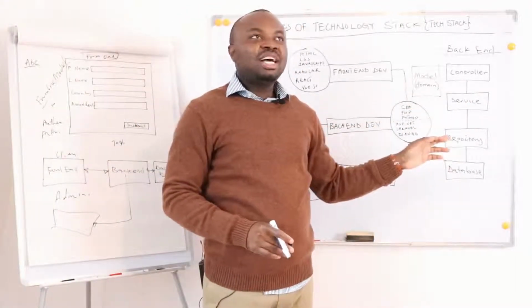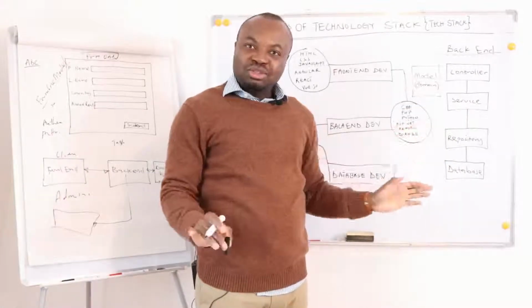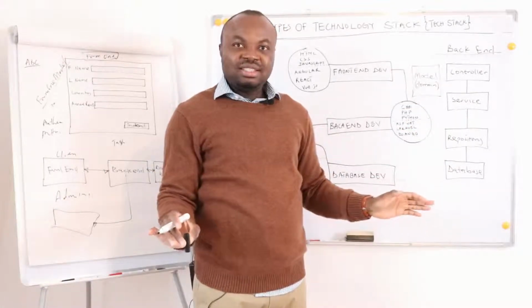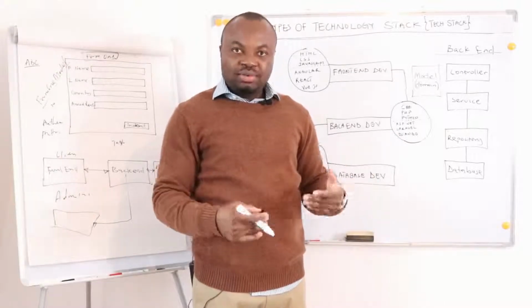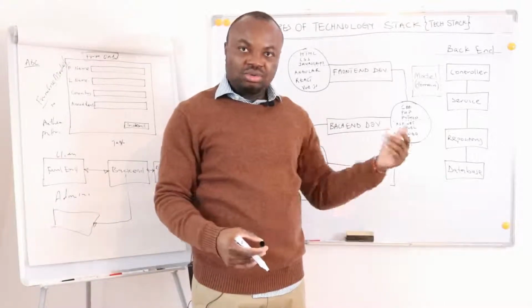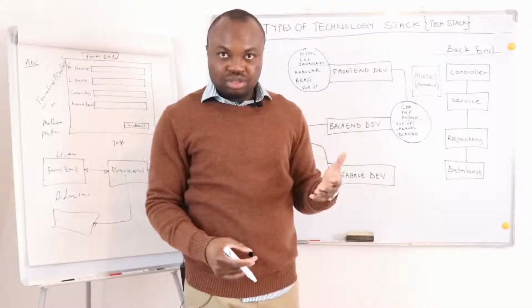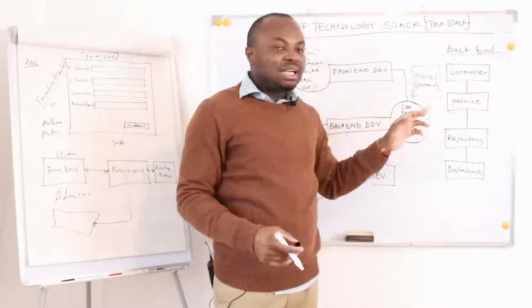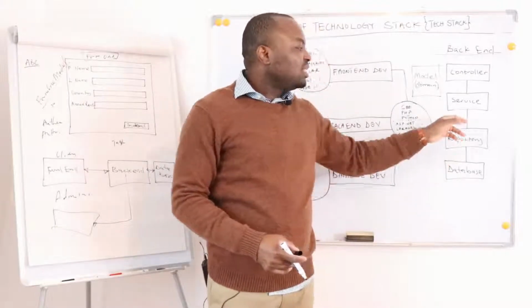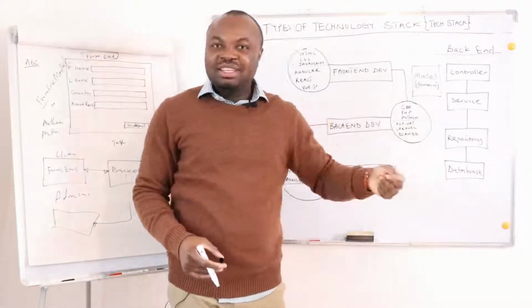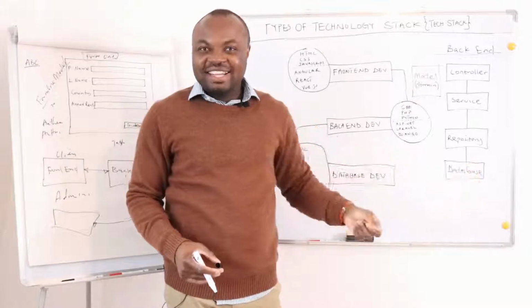Now the controller will, as usual, not really do anything. The controller will know, of course, I am the administrator, I have all the authority and the authentication to request that information. So the controller will pass that message to my service. My service will say, okay, repository, get me the file that has this ID.